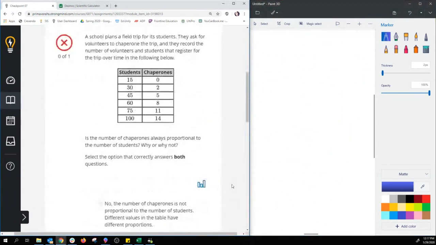A school plans a field trip for its students. They ask volunteers to chaperone the trip, and they record the number of volunteers and students that register for the trip over time in the following table below. Is the number of chaperones always proportional to the number of students? Why or why not? Well, I can tell you